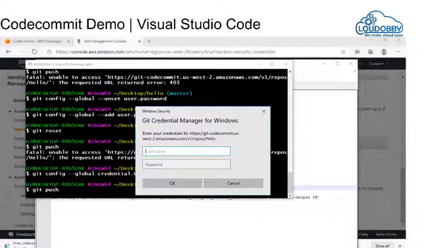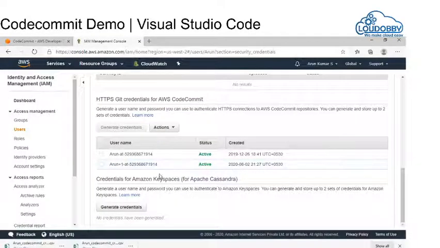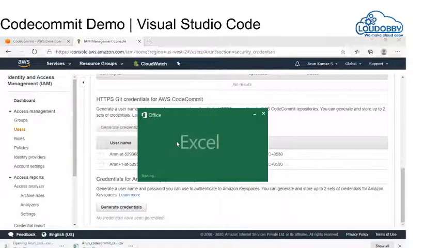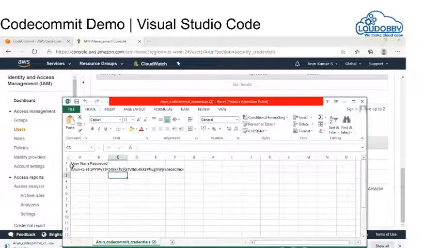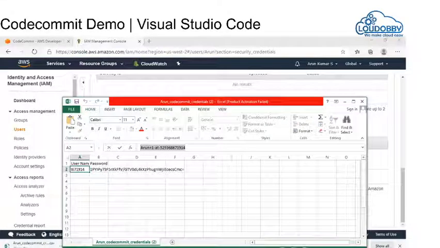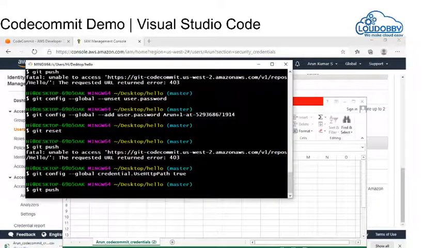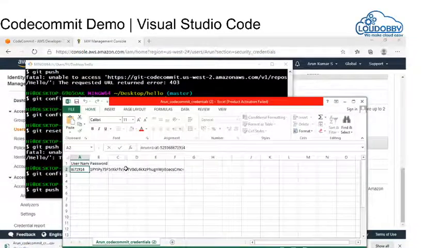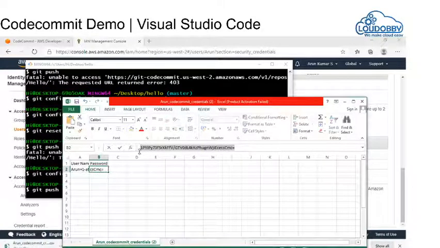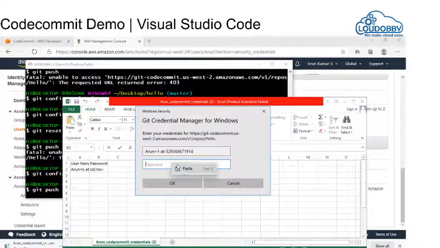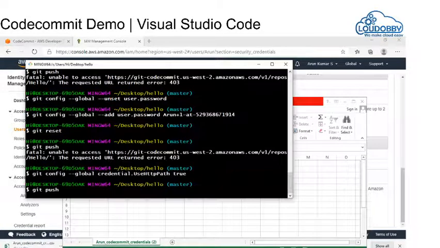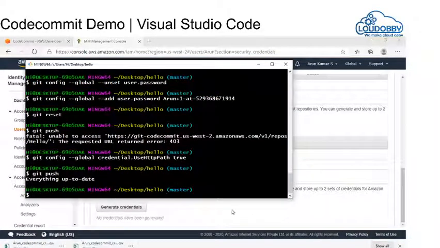Now we are getting the username and password window. I already copied my username and password in the Excel sheet, in case. This is very safe. Now I'm going to provide it where the login screen is. Yeah, I found it. So this is how I am troubleshooting the Git issue due to the login credentials. I hope these commands will help you. Now I have logged into Git.